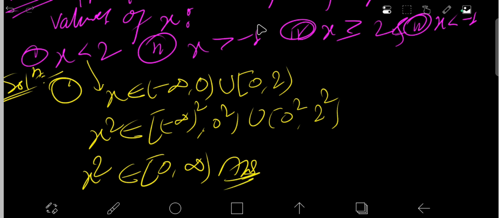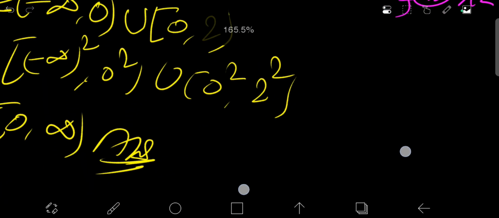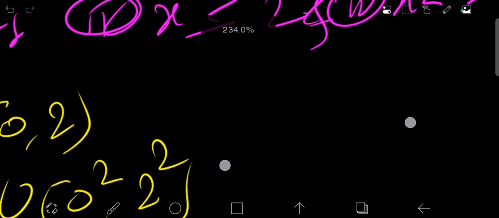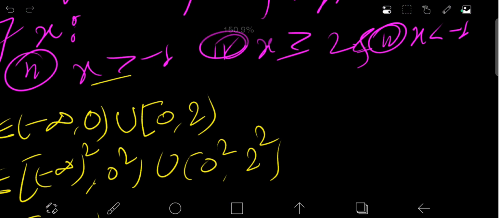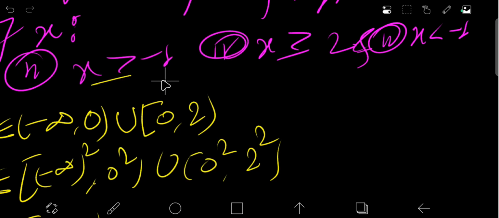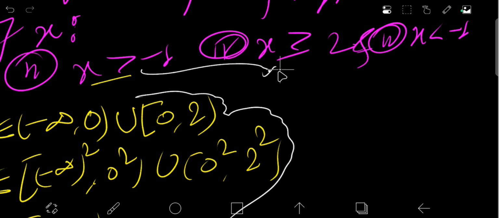Okay, similarly we take this second one now. So how do we find it for this second point? X is greater than, for this one. Here we solve this one. X is greater than minus 1. So the negative part we write in a different type. This is the second point's solution.